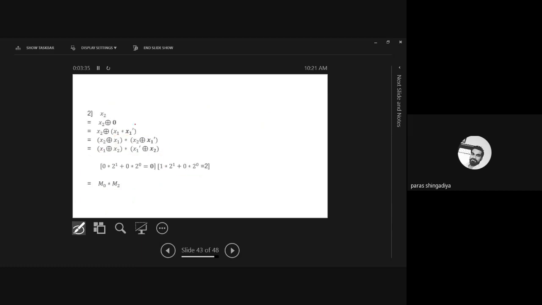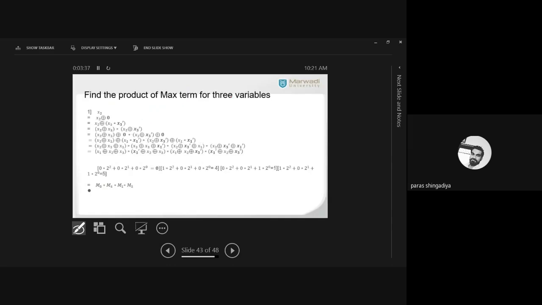That is the theory we discussed for three variable also. In the last lecture we checked the answer for maxterm for three variable. So apply the ring sum 0 procedure two times. One variable is given, x1, and three variables are asked, so x2 is required and x3 is required. So write down the formula for x3. You can also use it for x1 first. So here is x3 star x3 dash.